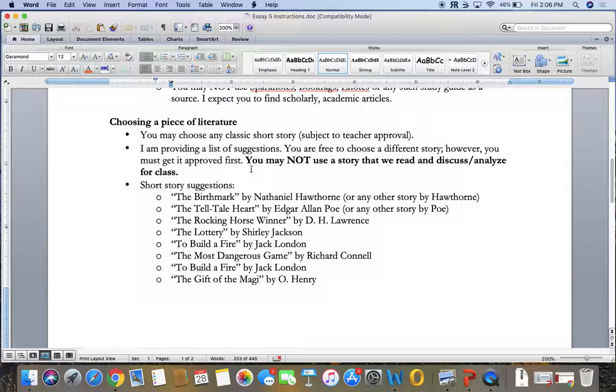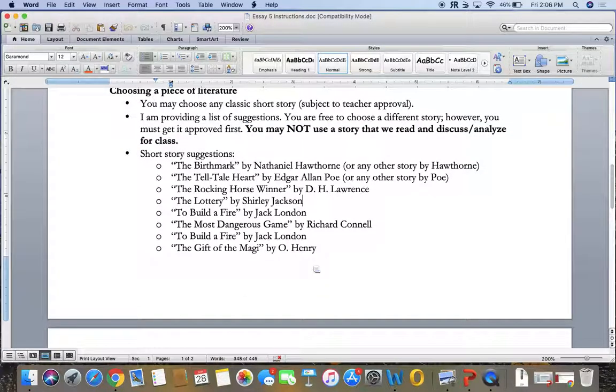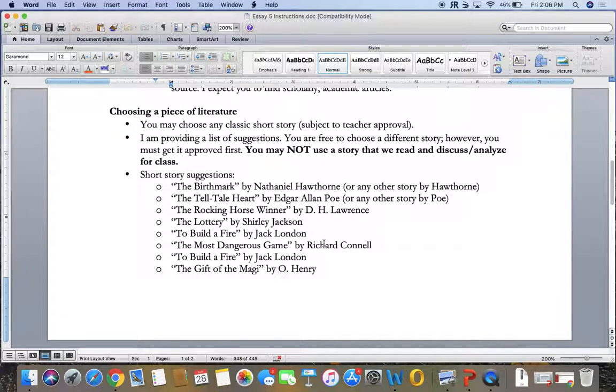I do want to reiterate, though, you cannot use either Everyday Use or Sweat. So you can't write your paper on those because I've already given you that analysis. This is something that you need to do on your own. So, a list of stories here, and what you can do is look at the summaries on SparkNotes and just see